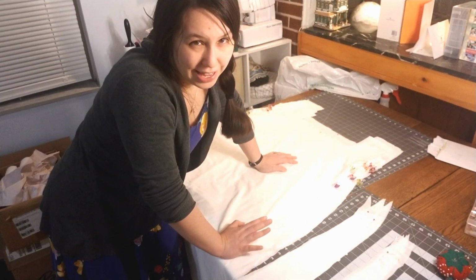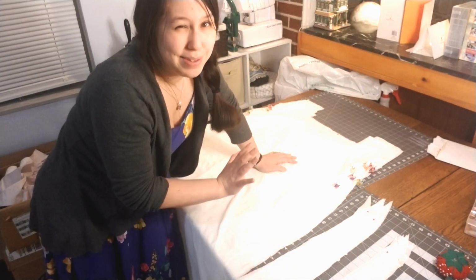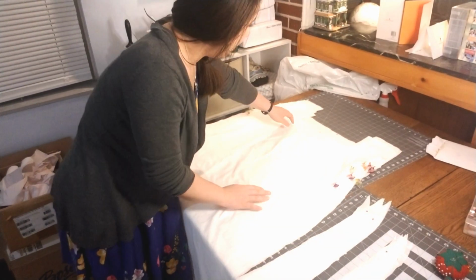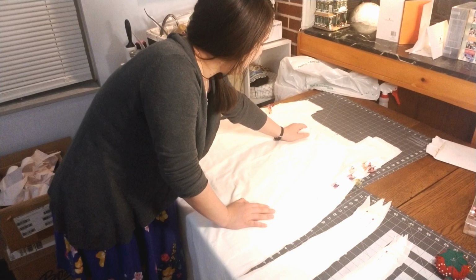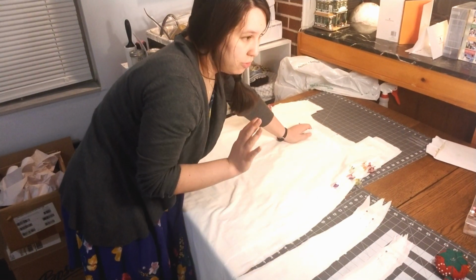Now because I already have a video about how to make an 18th century shift, I'm not going to walk you through every step. I'm just going to do a time lapse. But before I get started, I want to just say that I've actually marked each piece of my shift. I almost said chemise again. I marked each piece of the shift with a different color pin. That way I know